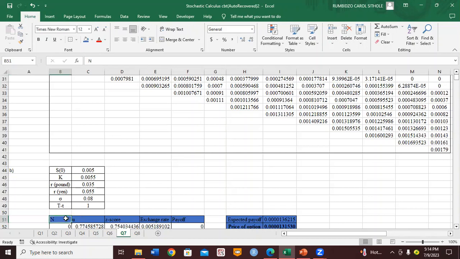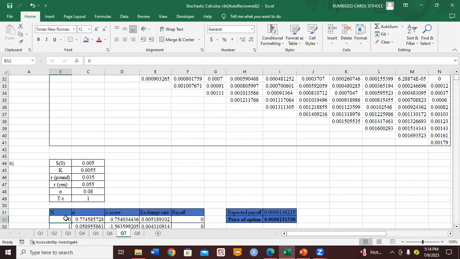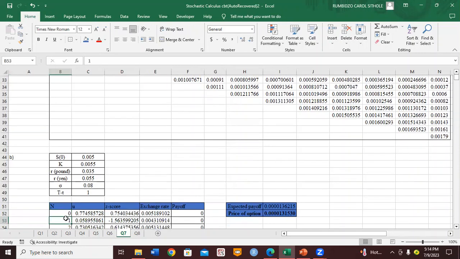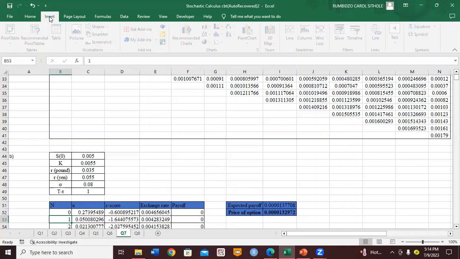So here, because we want to do 100,000 iterations, it's going to be hard to click 1, 2, and drag it all the way to 100,000. So an effect that I used in calculating this is you click 0 and enter, 0, enter, and you come here to 1, and you will use a special effect on